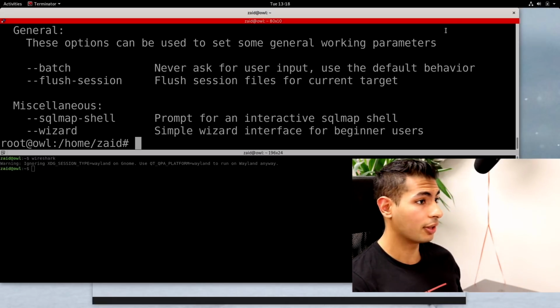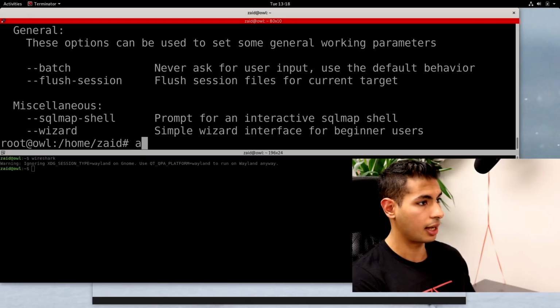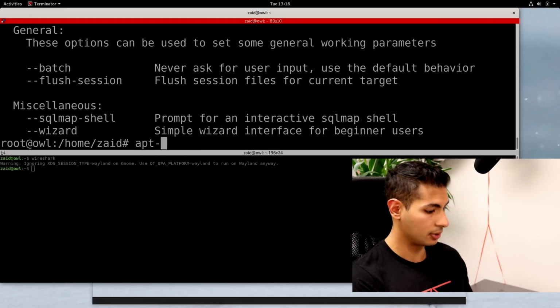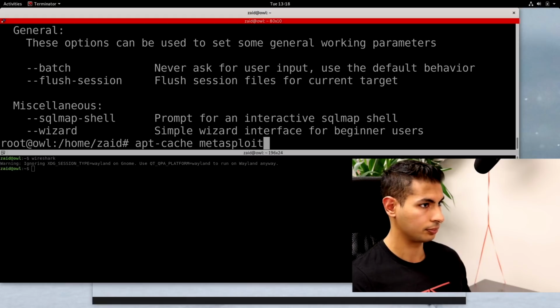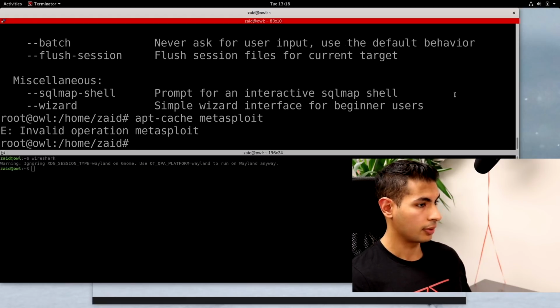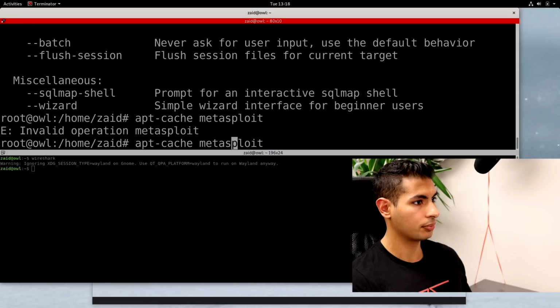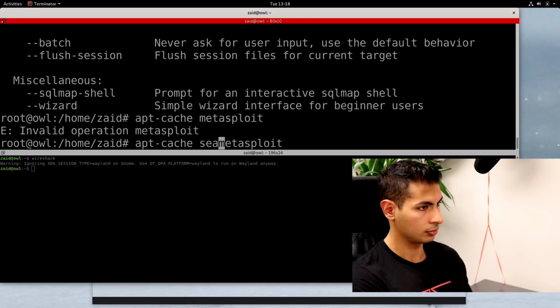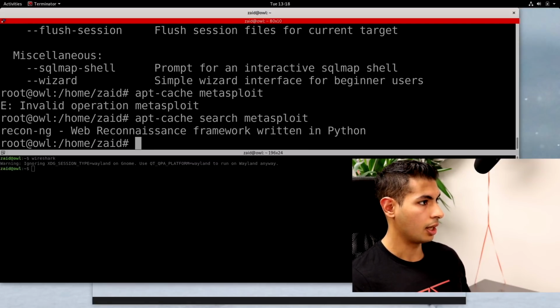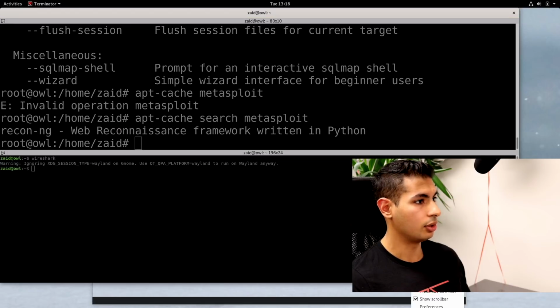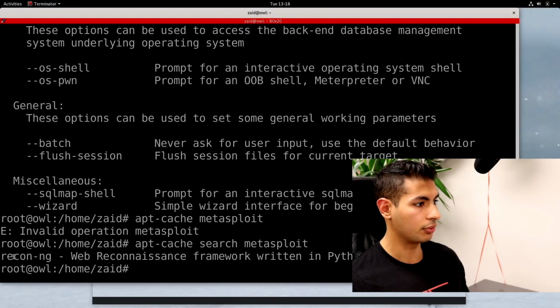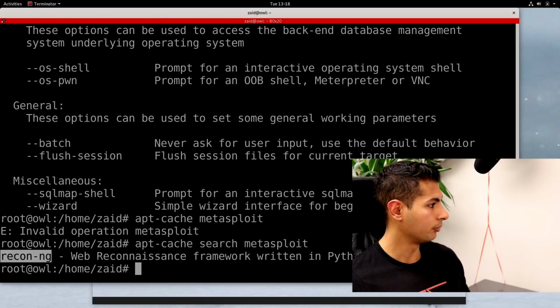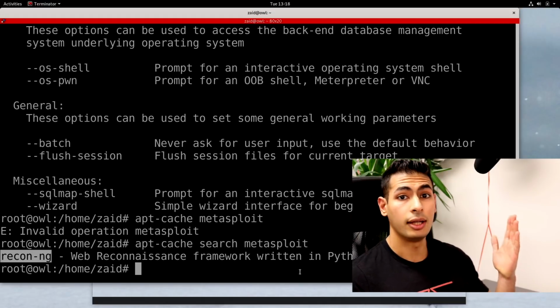Now, if you try to install something that doesn't exist, let's say apt-cache to search for, and let's say you want to search for Metasploit. And I forgot to type search. You will see that there is no package that contains the Metasploit framework. The only package that we can see is recon-ng. So therefore, when you try to install